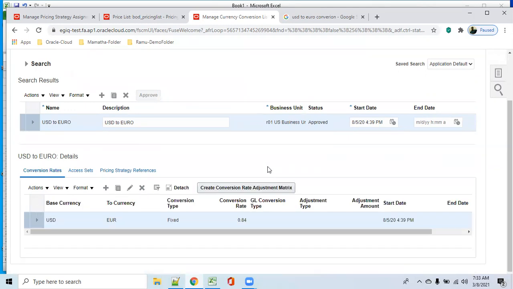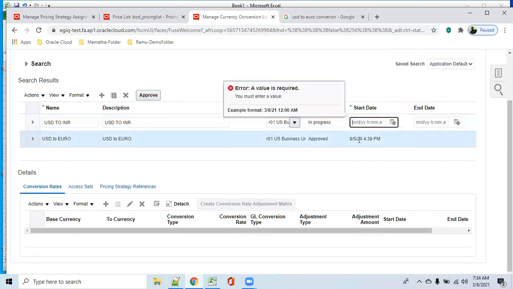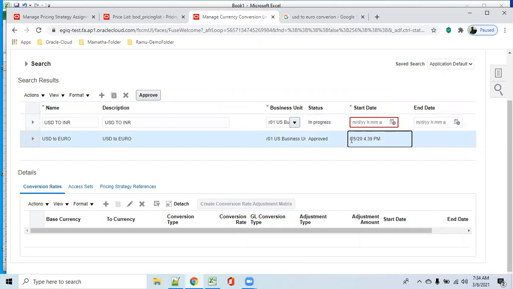So this is a very simple conversion creation. So like that, if you want to bring multi currencies, now Euro I get. Similarly, if I want to bring something else, INR, USD to INR. So business unit, this is specific to business unit. And then the same date is passed